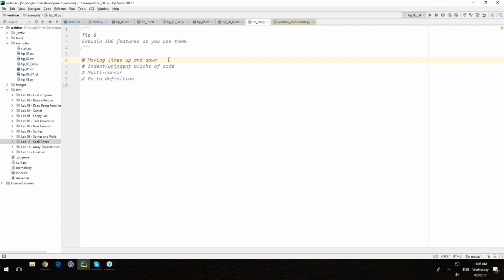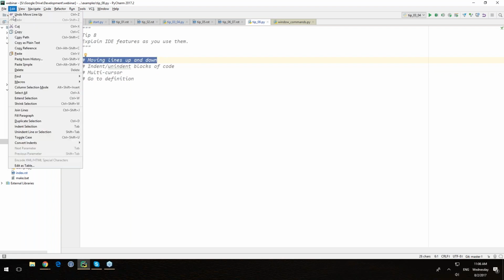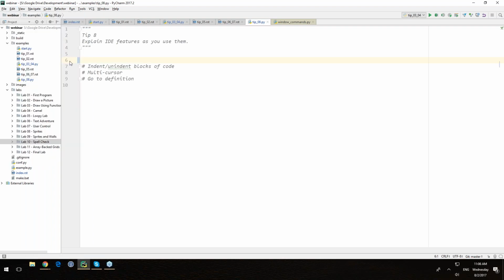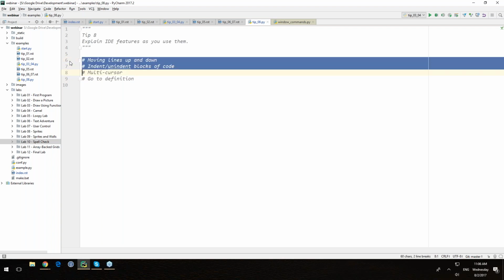They're just going to do it the way they know, where they go over here and they select it. And then they don't know the shortcuts. They do edit, and then they do cut, that type of thing. If as you are editing the program, you actually talk and say, hey, I'm hitting Alt Shift and up down arrows, let's move these lines of code up and down, then after a while, the students start picking that up.